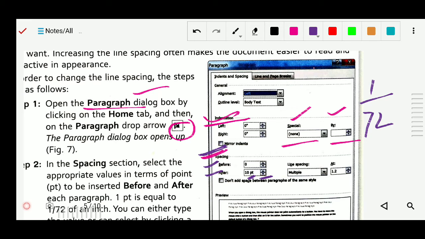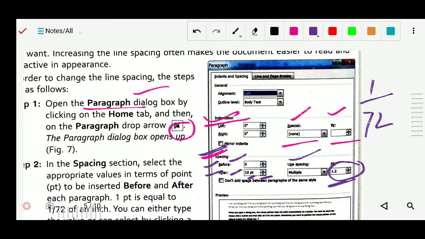Then after that, you can see here line spacing. In the line spacing you can see it is multiple, or 1.5 lines, or double. These options you will see here. It can be 1.5 lines, double, single. At what position and what distance it will be is decided over here. So these four options we should adjust: before, after, and in the line spacing, multiple, and their size.